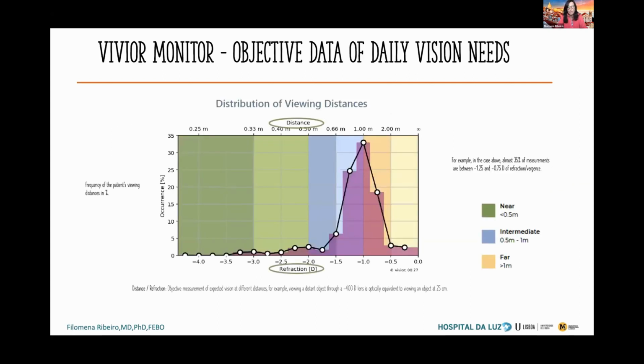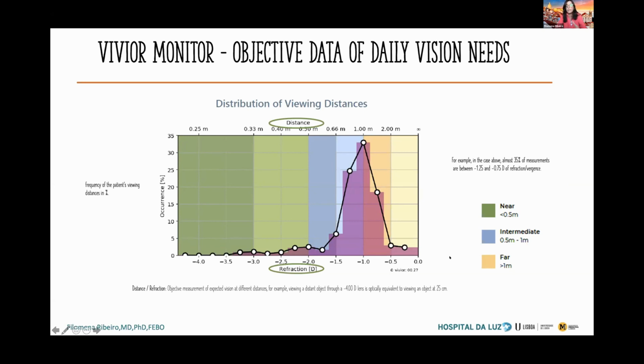And at the end, this device can retrieve for us this graph. As you can see, it is very visual for the surgeon and also for the patient. And the information is very objective. We know the frequency of the patient's viewing distances, different distances as you can see here.